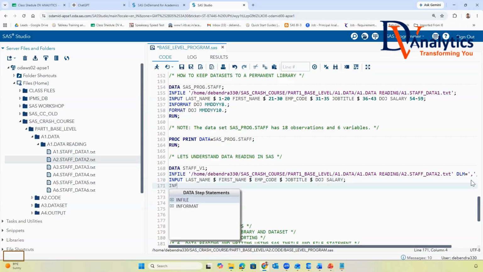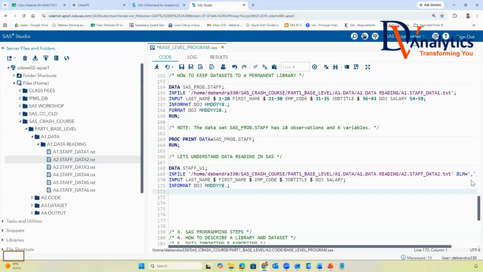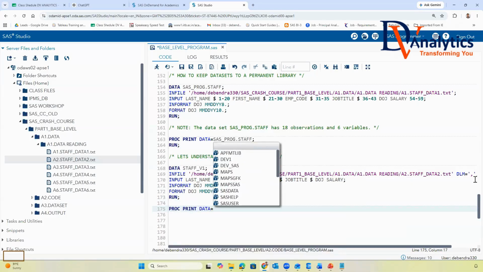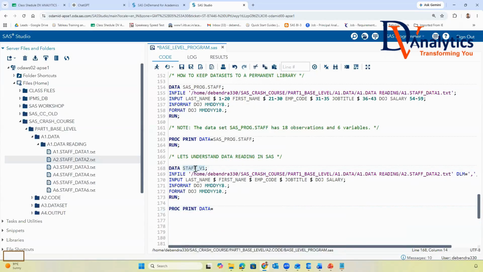What you'll do here, you will write informat date of joining as mmddyy8 dot format. However, you want to write the SAS date of joining into mmddyy10 dot format, and you can say run the program, proc print data is equal to staff version 1.